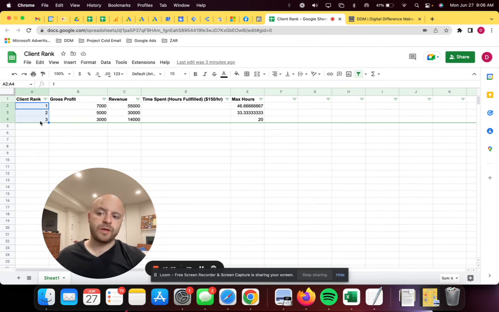So that's what I mean by client rank. There are other factors that go into client rank as well, how nice they are, how easy they are to work with. I mean, that's always a factor as well. But the main factor is going to be gross profit for the agency, and that's how you rank clients. Now, hopefully, this gives a nice idea of how you can back into it, how you can understand and prioritize client rank, and why it's important to do that for your team.